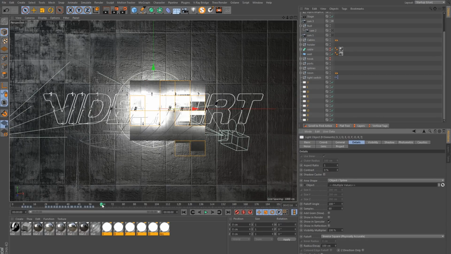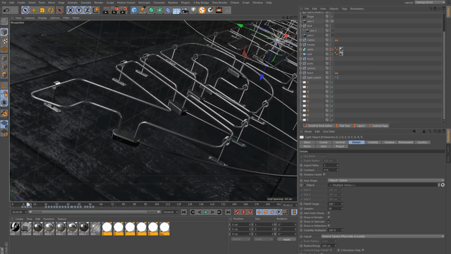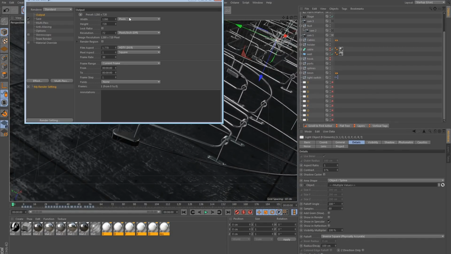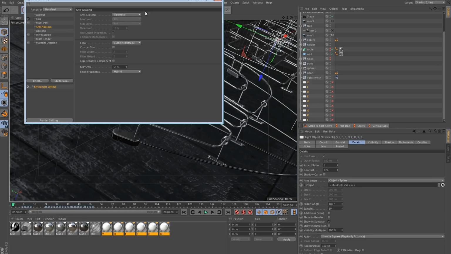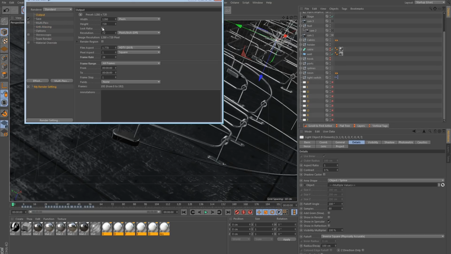Okay, so at this stage, you're getting closer to the end, where you might now start to think about outputting the animation. I'm going to show you a few ways to speed up your render. So let's say 24 FPS, all frames, and the anti-aliasing I will set to best, 1:1, 4:4 with a threshold of 5%. I might go 2:2 if I want a really fine render, but I think we'll be fine here. And of course, output whatever frame size you want. Let's say 1280 by